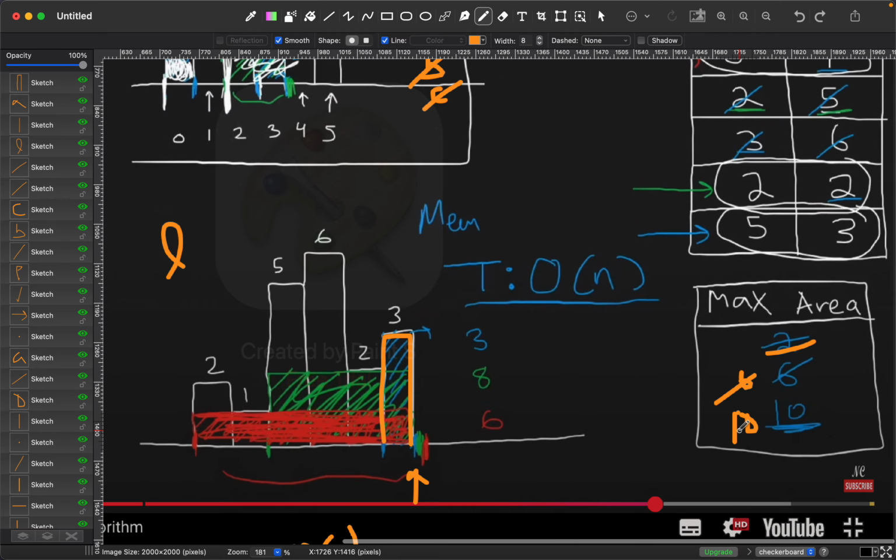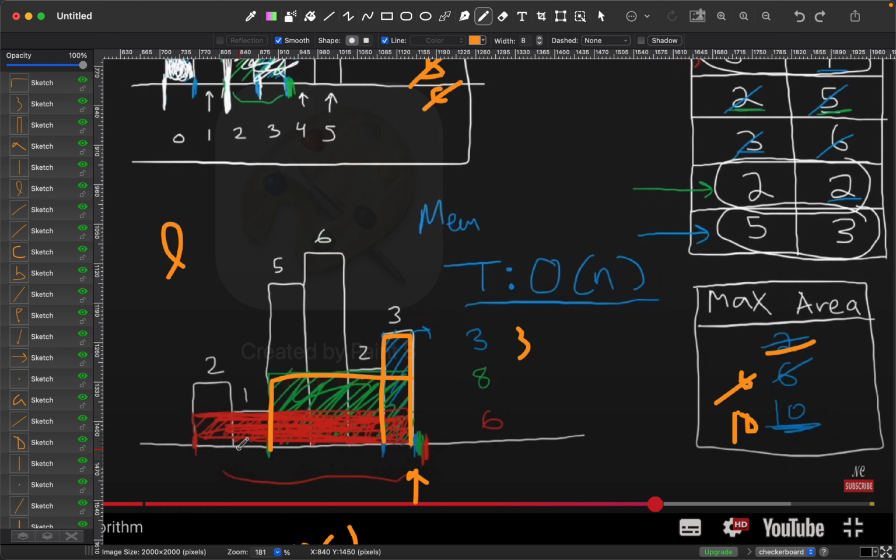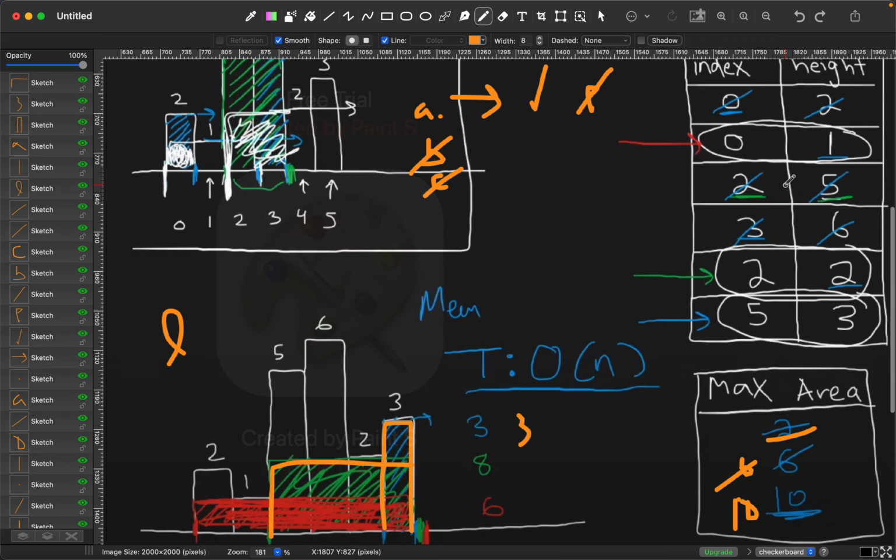Is it bigger than 10? No, so I don't include it, right? So it's a 3, and then we calculate the next ones all over here. So it's the area index coming from